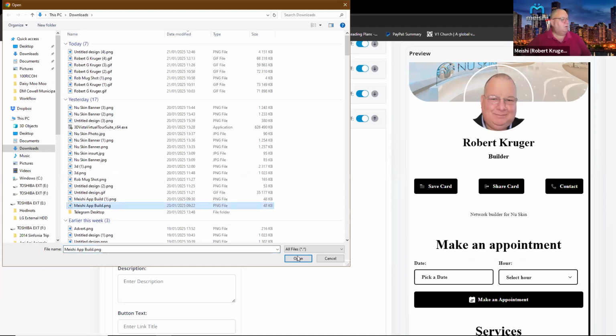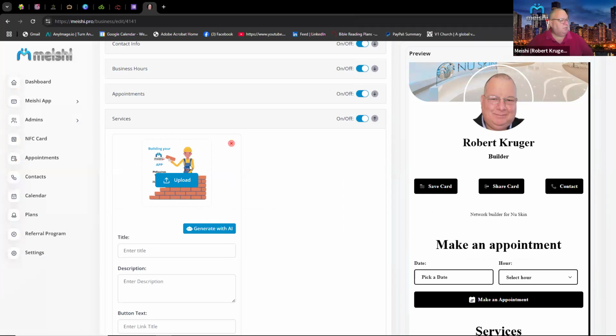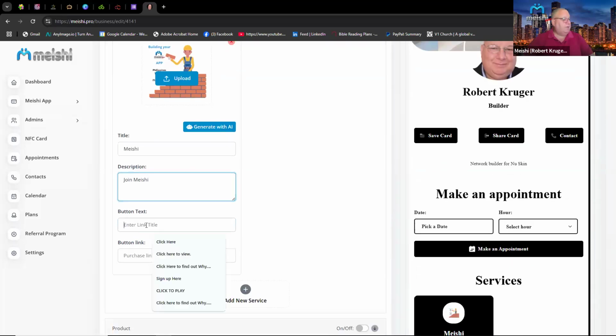So I'll put the Meishi build in there. So there's my icon, and I'm just going to put here Meishi. Then I want to put a description. Join Meishi. Then I'll put a button text here. I'll just say click here. And what you do is you put in your referral code in there. So your referral code that you have under Dreams, you will copy it and you'll paste it in there. But instead of joining Meishi, I'm just going to put under description